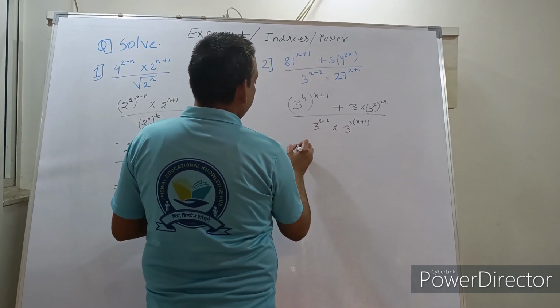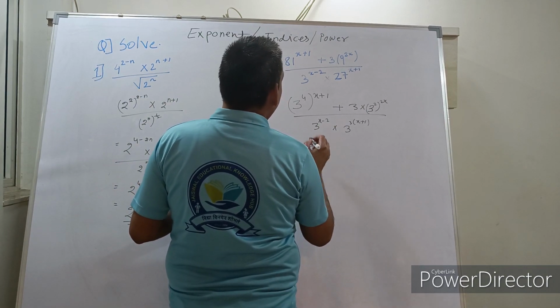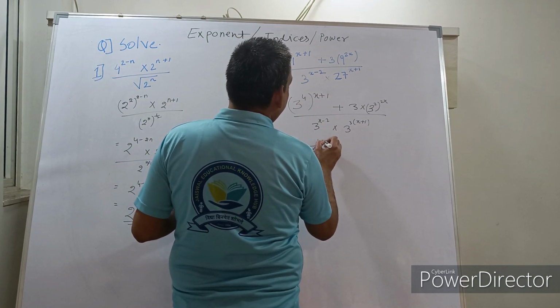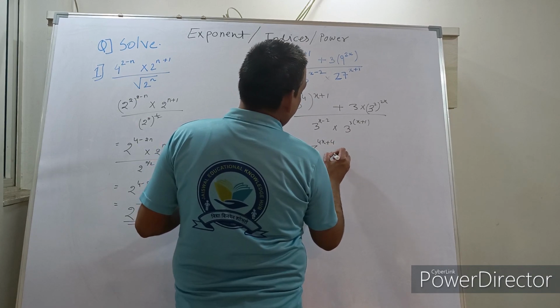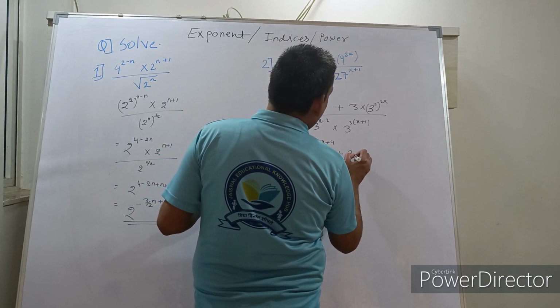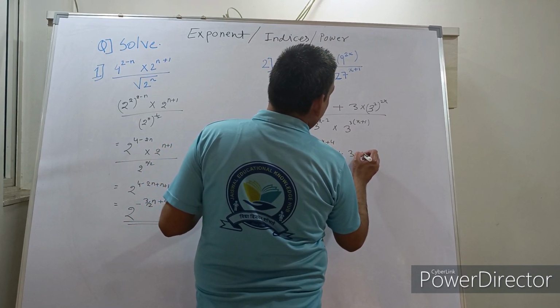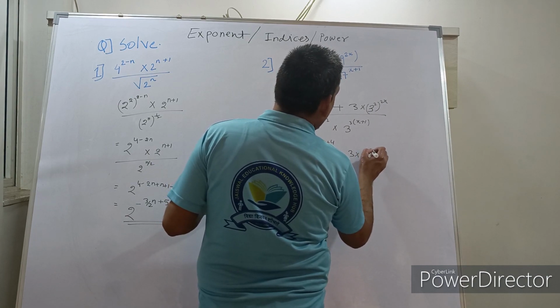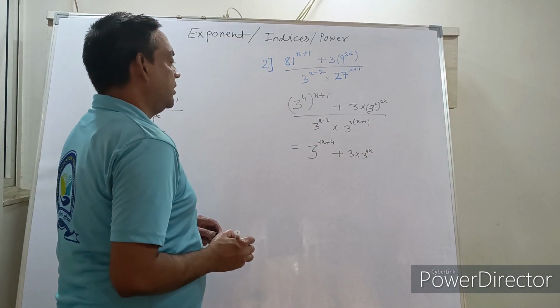So that becomes 3 raised to 4x plus 4 plus 3 into 3 raised to 4x. Okay, upon